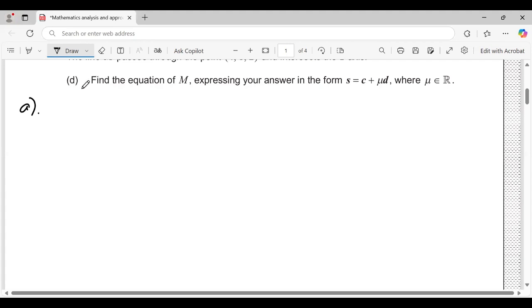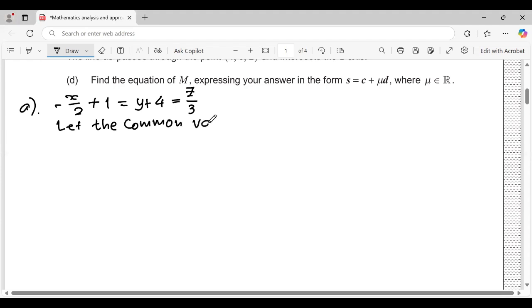A. L is defined as minus x over 2 plus 1, y plus 4, equals z over 3. That's right. And let the common value be t. So if the common value is t, we can write that